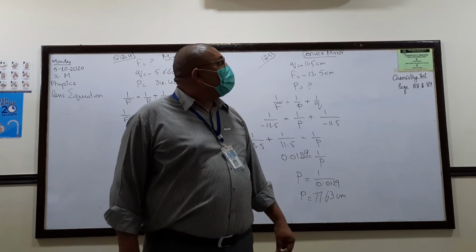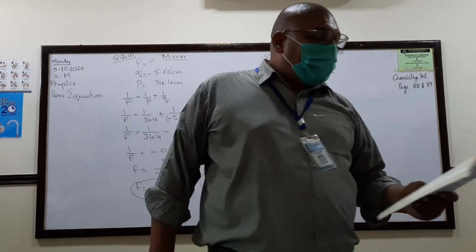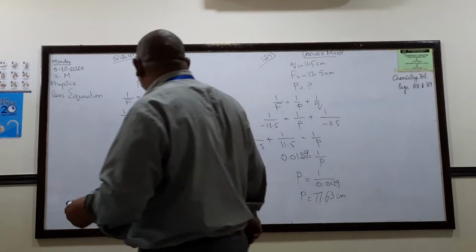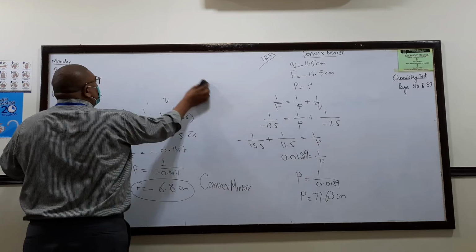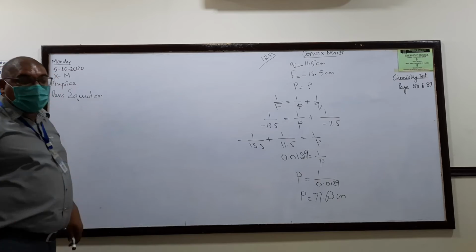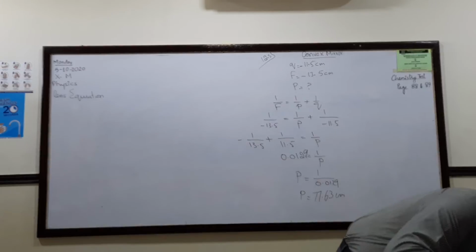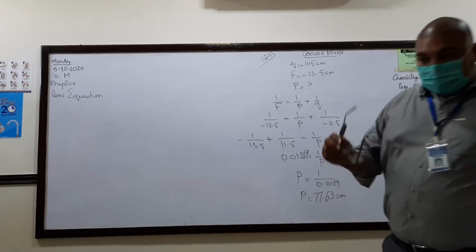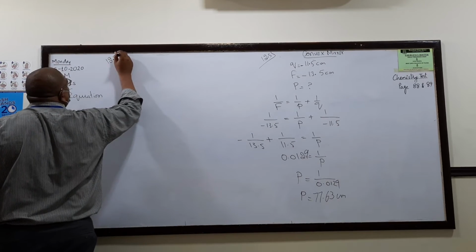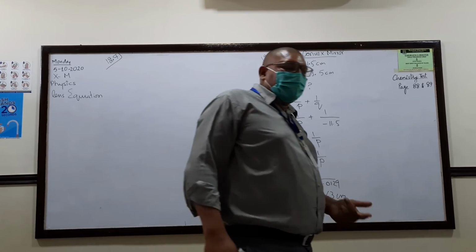Okay, so let's do the next one. 12.7. 12.6 is not marked. The person who made your syllabus has taken out 12.6 from your syllabus. I don't know what's the deal, but okay, we do 12.7. Somebody will read 12.7. So we are doing the numerical 12.7, because in the syllabus they have skipped 12.6.